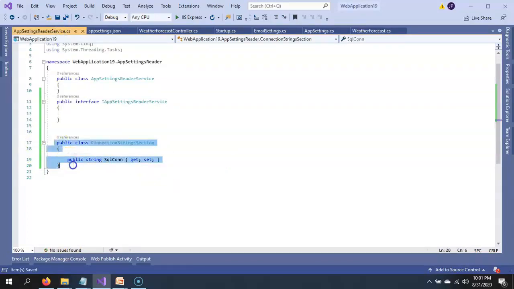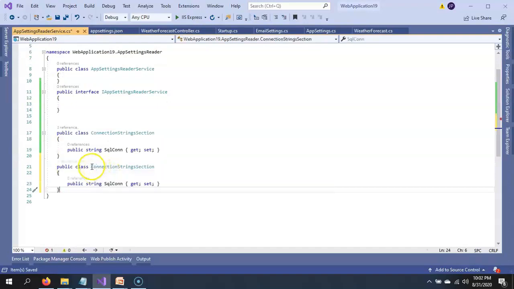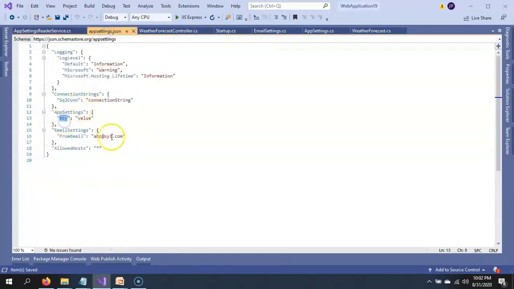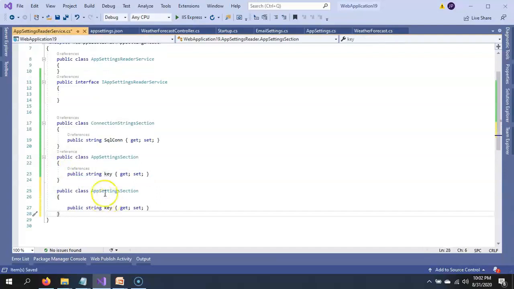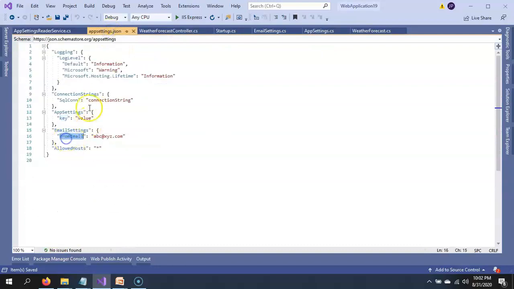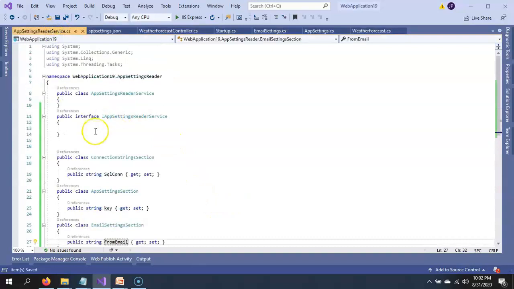Then let's create the AppSettingsSection class. Here we have only a single key. Similarly, let's create a class for email settings. We have a FromEmail property.